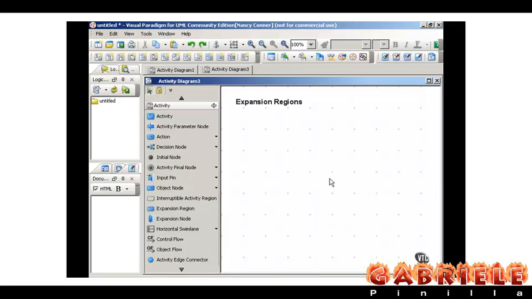So an expansion region contains some process that acts multiple times on the incoming data, once for each element in the input collection. It may be helpful to think of an expansion region as behaving like a for loop over the input collection. For an example, imagine a car rental agency, and when cars are returned to this agency, they